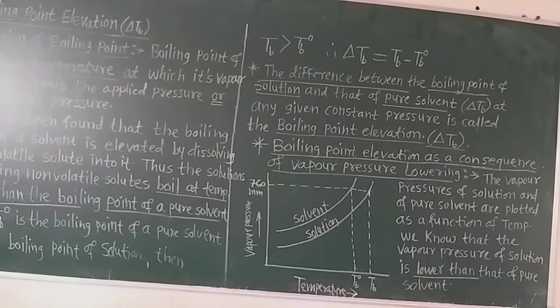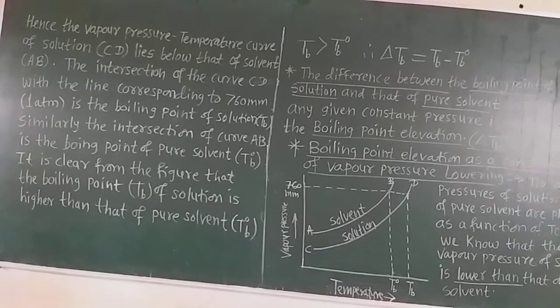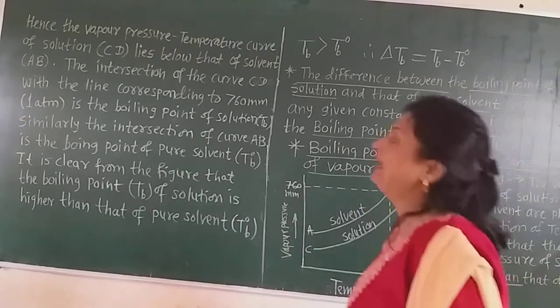So let us learn what this is. Again, this is the consequence of vapor pressure lowering on the boiling point elevation. Now pay attention, students, on the blackboard again. As the vapor pressure of the solution is always lower than that of the pure solvent, hence